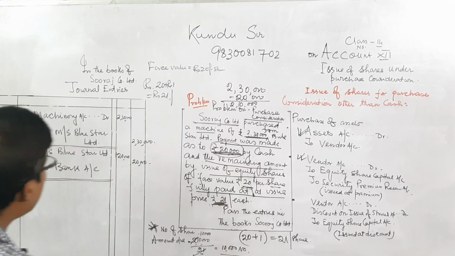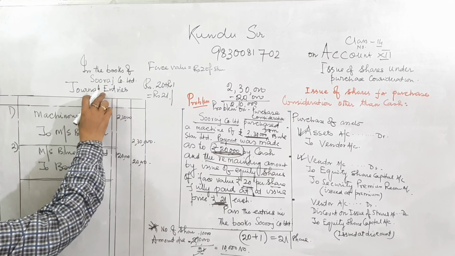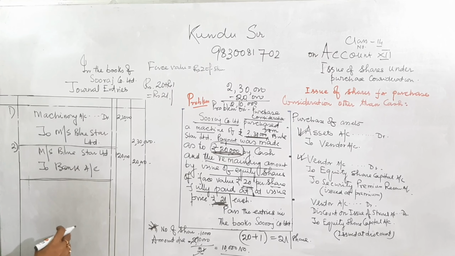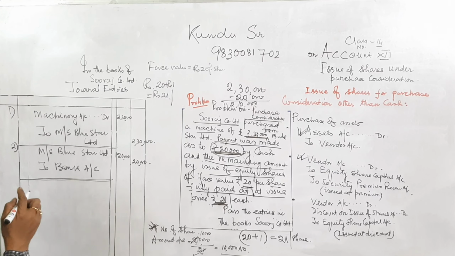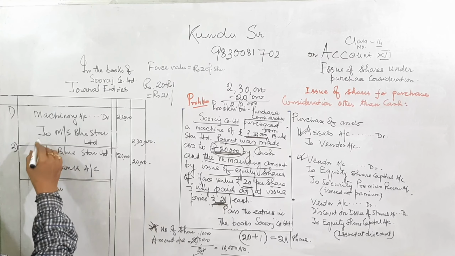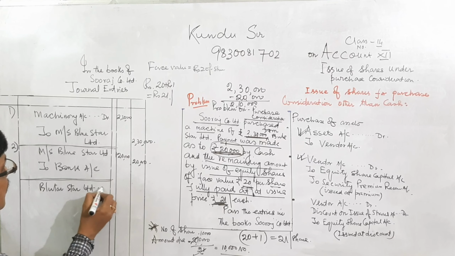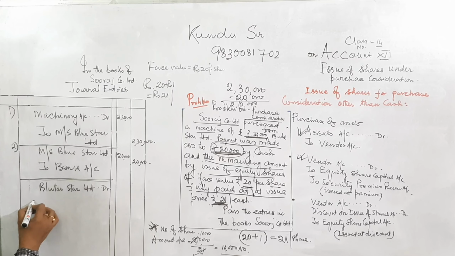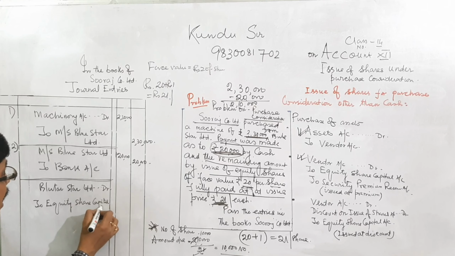So what will be the entry for this? That means we are issuing share to Blue Star Company. Then Blue Star Limited will be debited to equity share capital account and